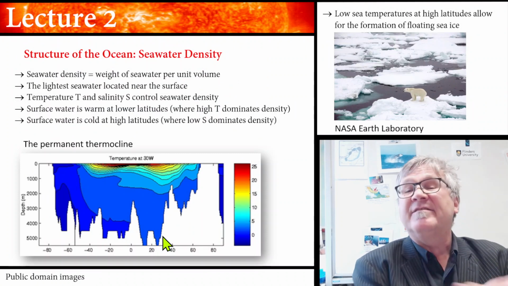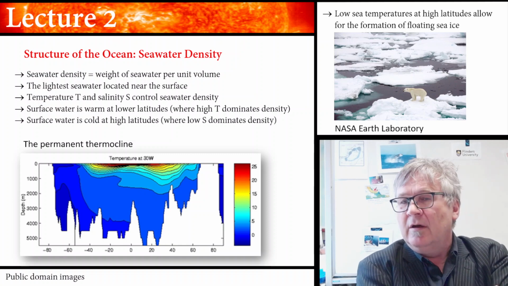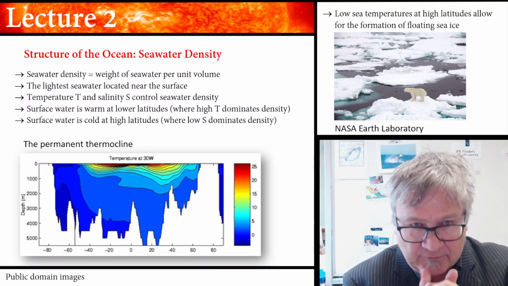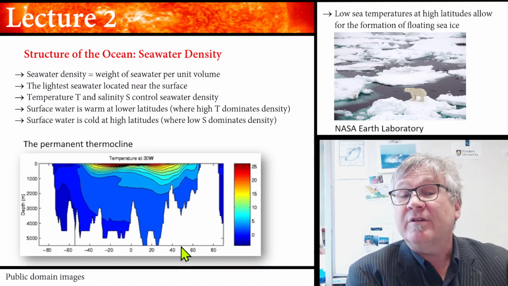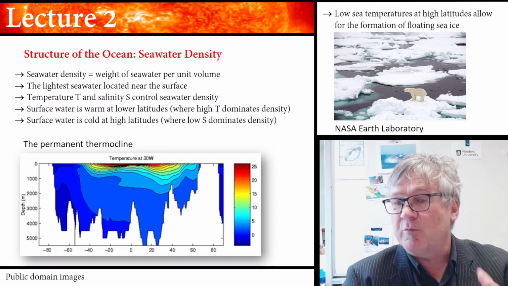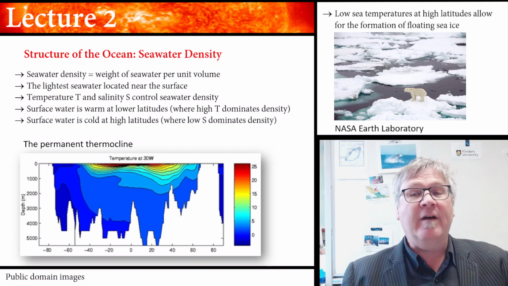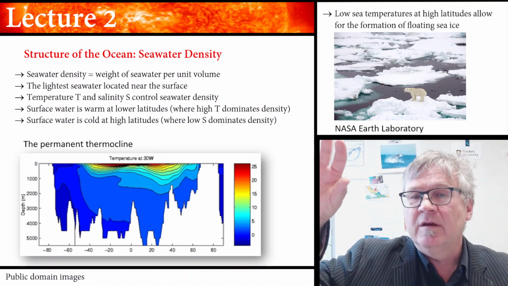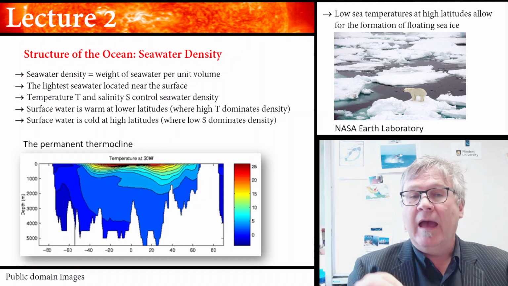All right, density. Going back to density. So what does the structure of the ocean look like, in just the very first description? Seawater density is the weight of seawater per unit volume, how heavy water is. And what you find anywhere in the ocean is that the lightest water is near the surface and the heaviest water is near the bottom. Okay. However,